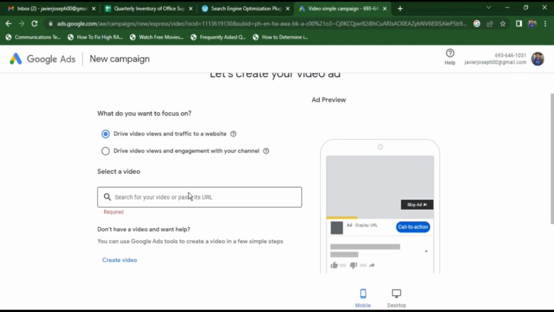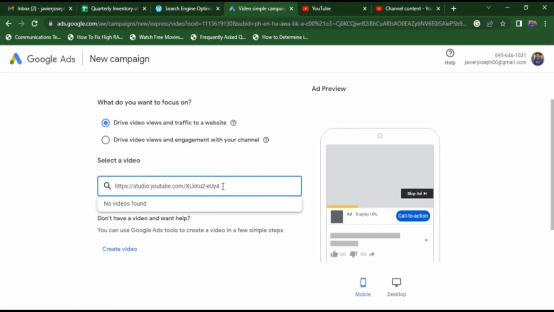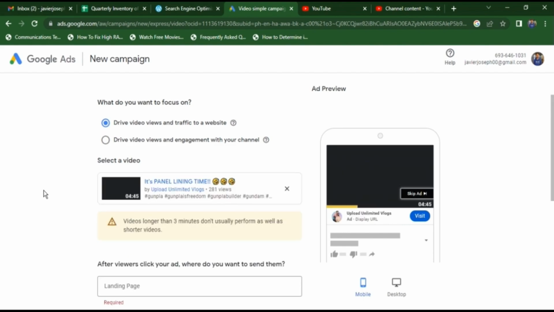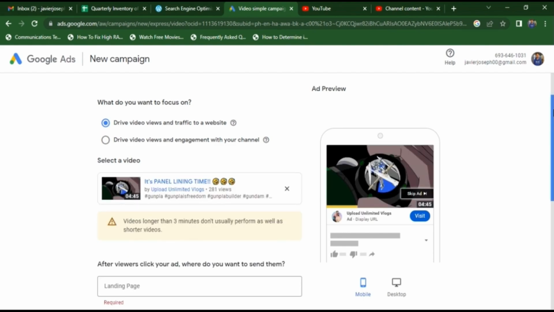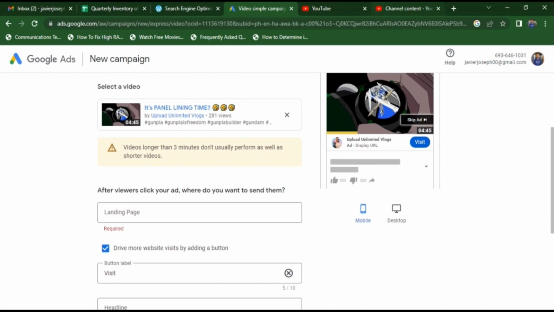Now, if you are running an online business, Google Ads is the best marketing strategy you can use to promote your business. And that's what we call display advertising. But what is display advertising? Based on Google, display advertising is